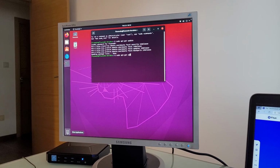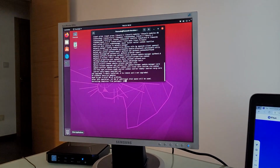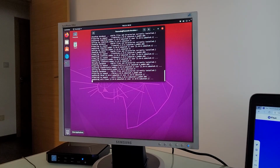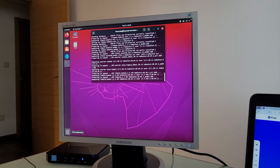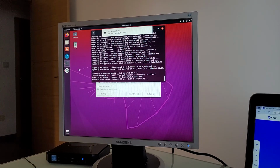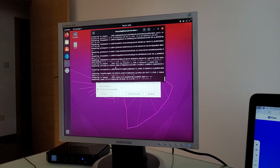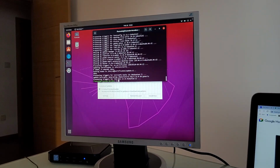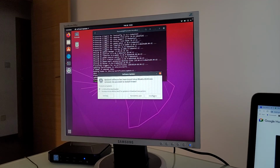Okay, it's done. Now instead of update, I'm going to use upgrade. And as you can see, it's installing several updates. I also received a notification that there is a software updater ready to be installed. Let's wait for this one to finish first. Okay, it has finished. If I didn't have another update to install, I would just launch a reboot here,